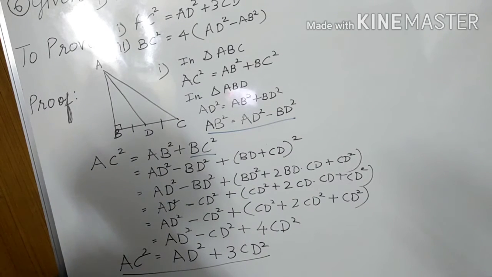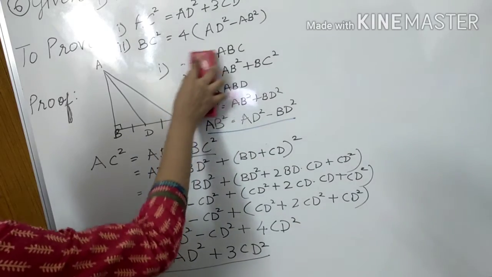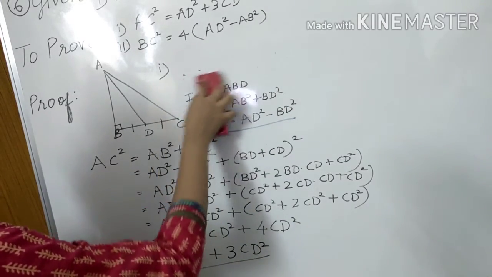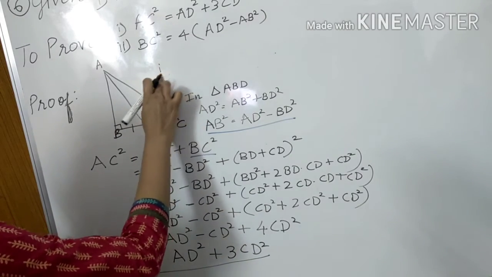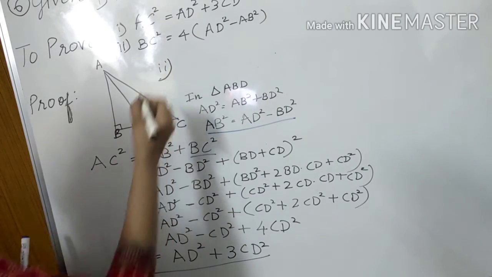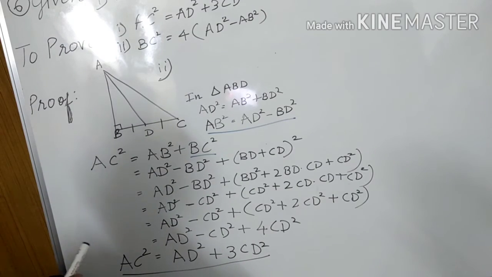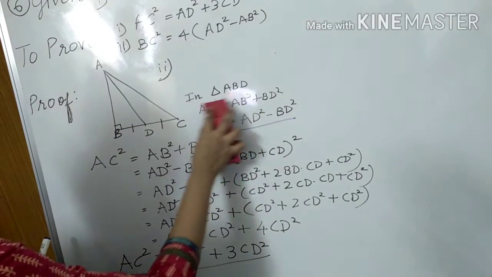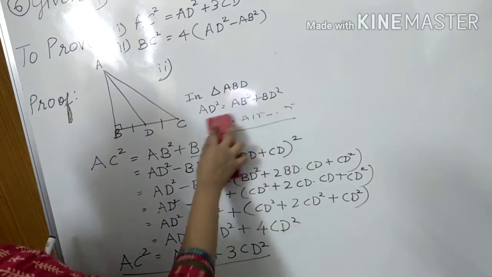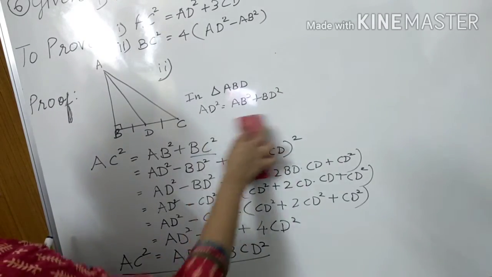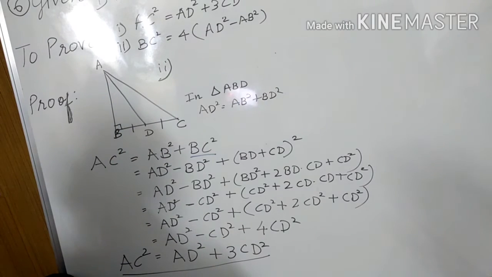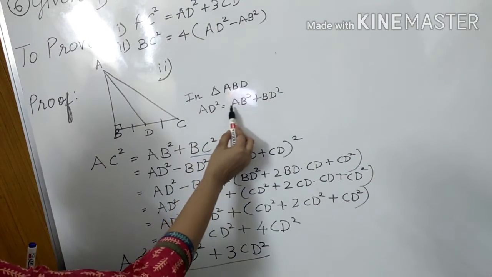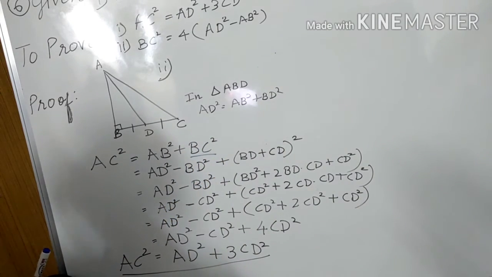For that, I am changing some things, changing some results which I require. This is the result number 2 proof now. The figure we needed already, so I have not rubbed it. This also we need, that again we will write here. We are going to write that in triangle ABD, this smaller triangle, using Pythagoras theorem, AD square is equal to AB square plus BD square.